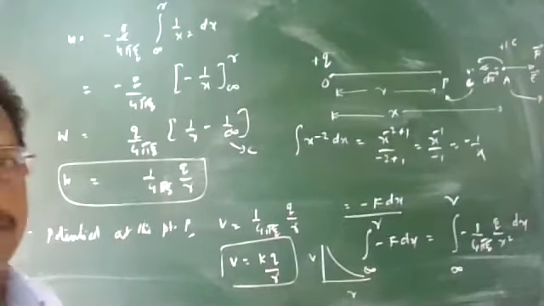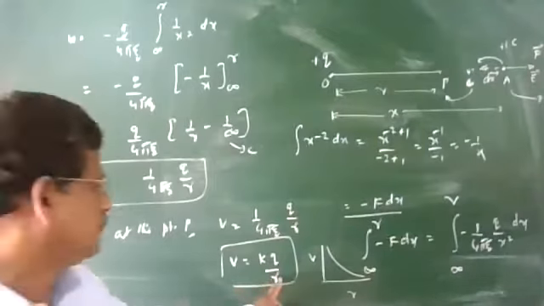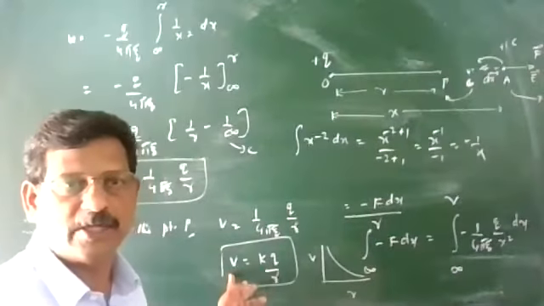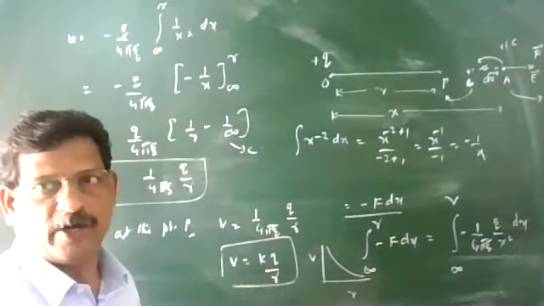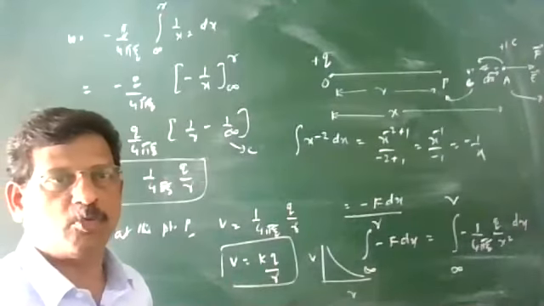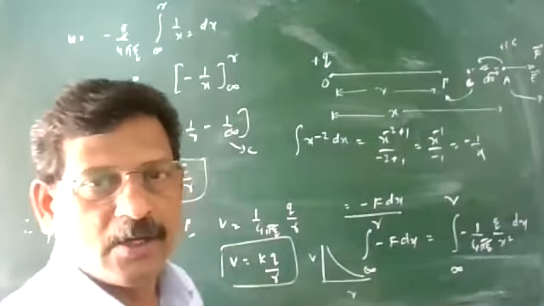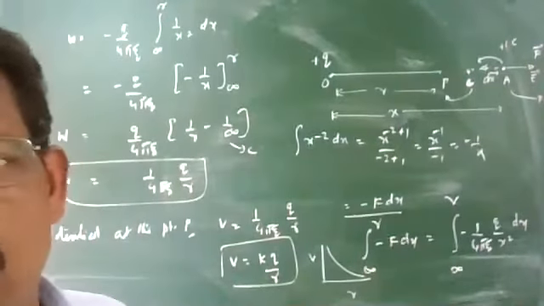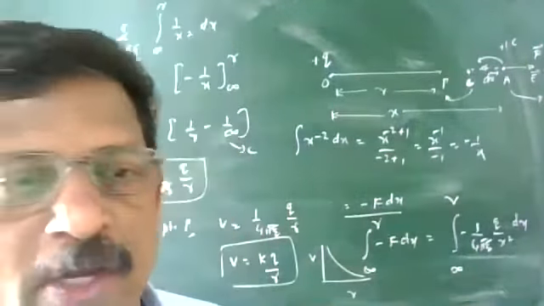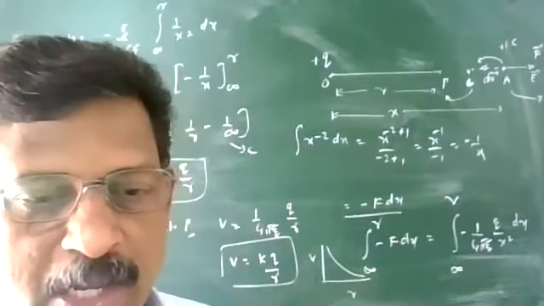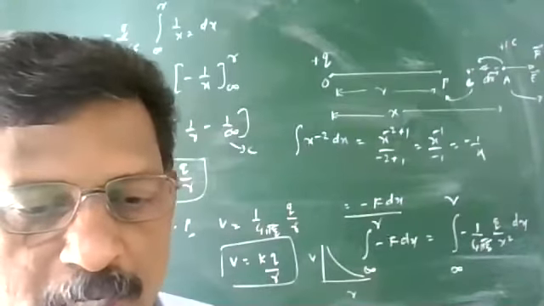So what will be the potential at infinity? As for the equation, when R is infinity, potential at infinity is also taken as 0. So define and derive the equation for potential at any point. So this is the definition: work done in bringing a unit charge from infinity to that point without any acceleration, and the value at the point is V equal to KQ by R.